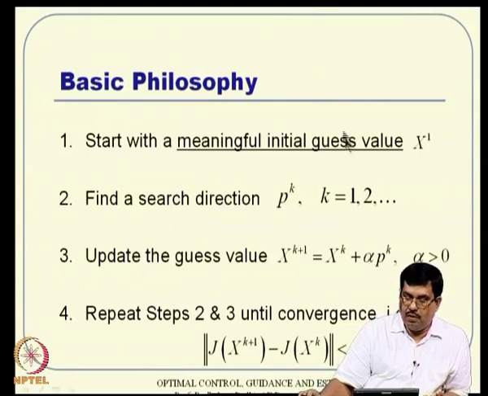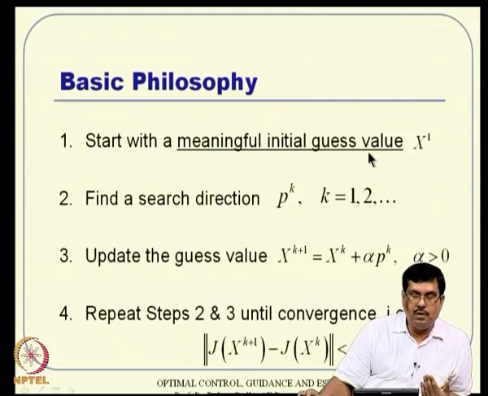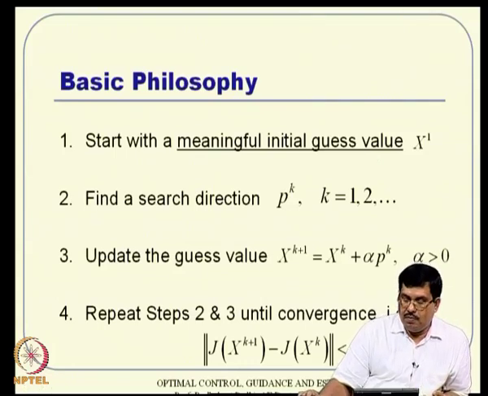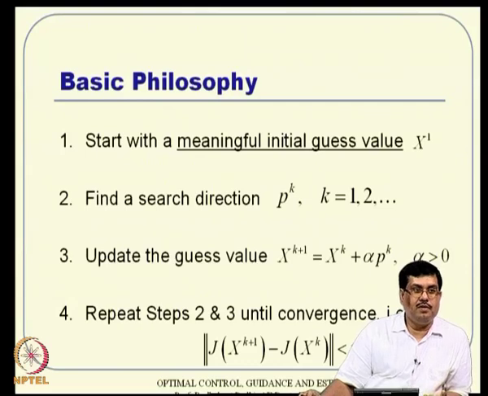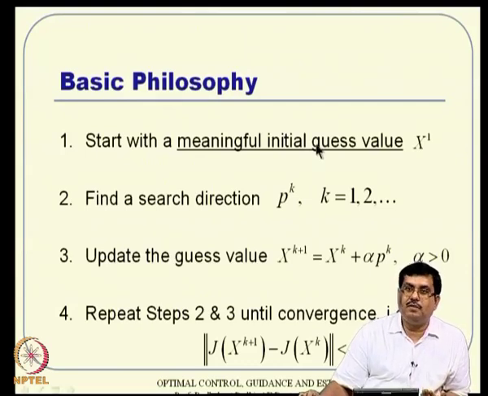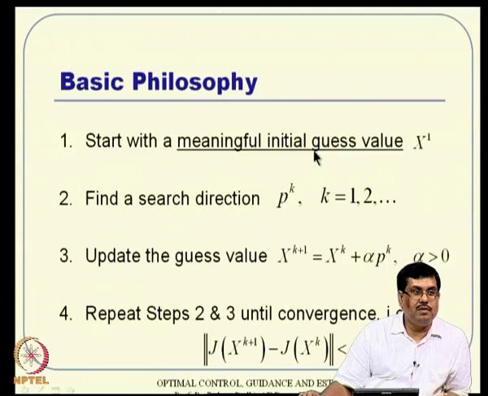The basic philosophy is that we do not know the final solution, and we do not want to get there in one shot, but we start with a meaningful initial guess. I underline this statement because it is a critical thing in practice. As far as algorithm development is concerned, it may not look very important, but in practice the initial guess solution has to be chosen carefully and in a meaningful sense. In other words, it may not be an optimal solution, but it has to be as close to optimum as possible in general, or if you talk about a control solution, it has to be a stable solution to begin with.